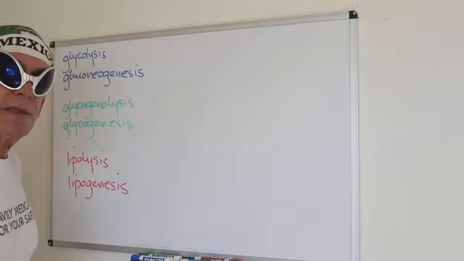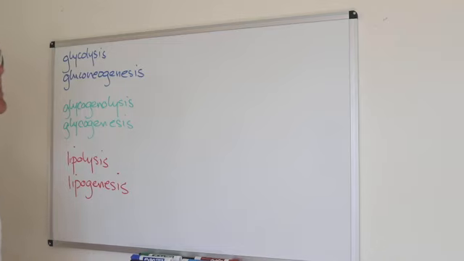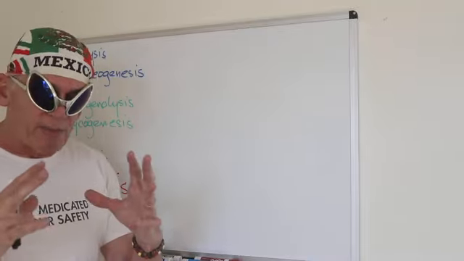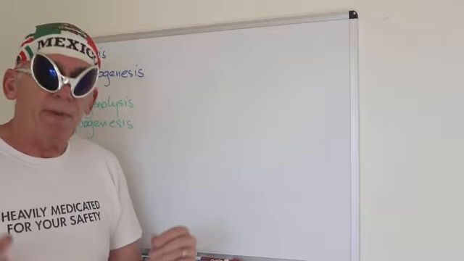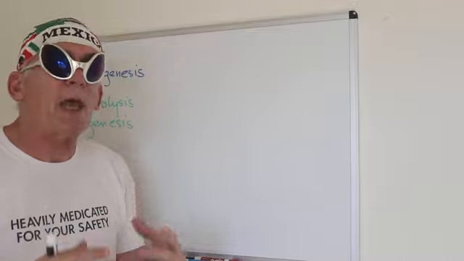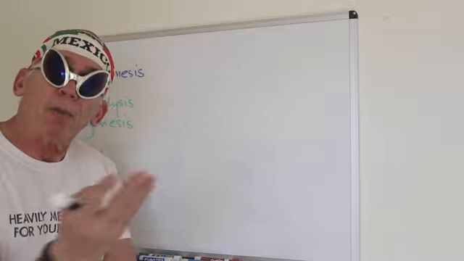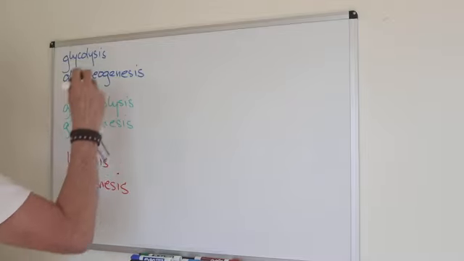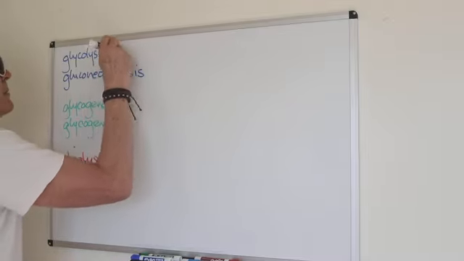Glycolysis, glycolysis. Glyco is a root word that sometimes means just sugar, like glycosuria. Sometimes it can mean glycogen as well. Here we mean just sugar. Glycolysis. We're going to break down sugar. Break down, what do you mean? Remember, sugar is a molecule, all right? Glucose is a complex molecule, C6H12O6, that actually has the energy of the sun stored in it. What we're going to do is break that down to release that energy to make it available for our metabolism. So in glycolysis, we take a molecule of glucose,